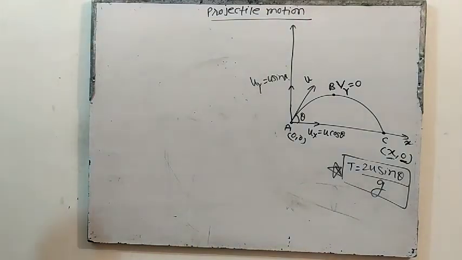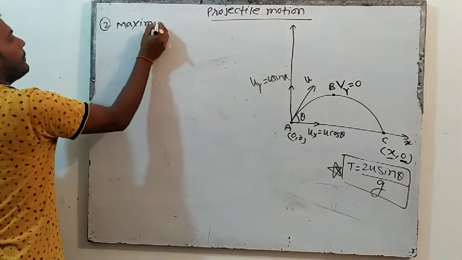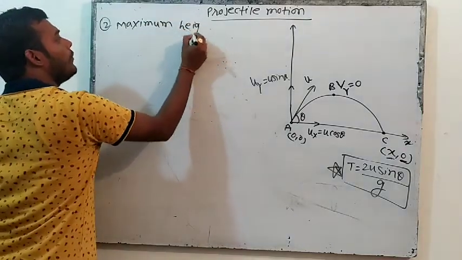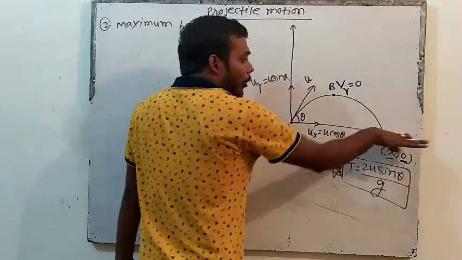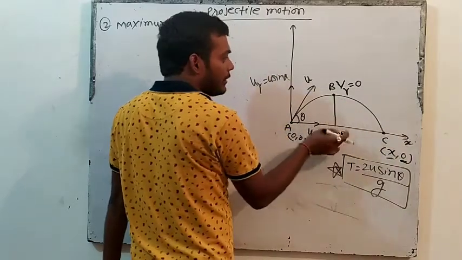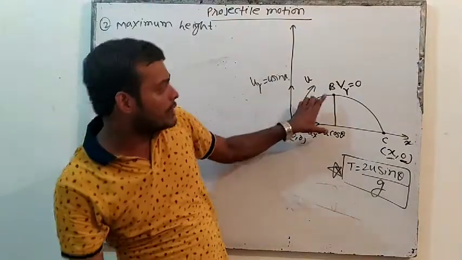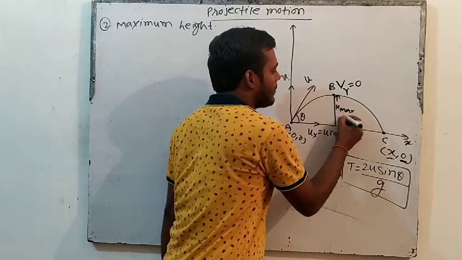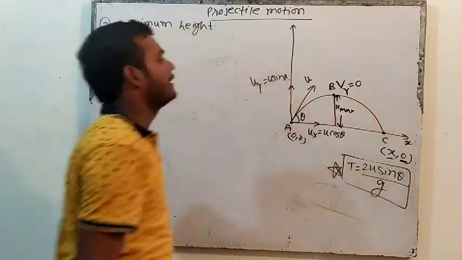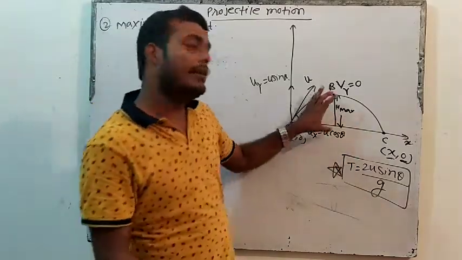Now the next thing that we have to calculate is maximum height. Think how we will calculate. Maximum height means, this is the horizontal axis, so how much above the x axis did the object go? That means how much height it is going from the x axis. This distance is H max, that is, the maximum height. We have to find this height. This maximum height is in which direction, x or y? This is in y direction.